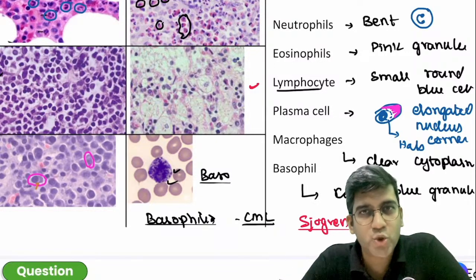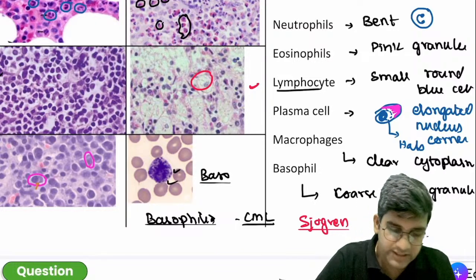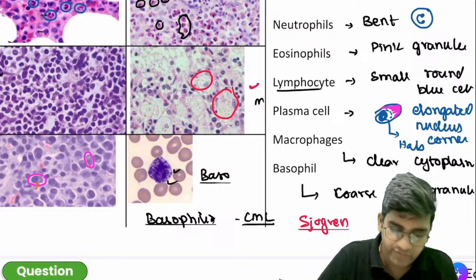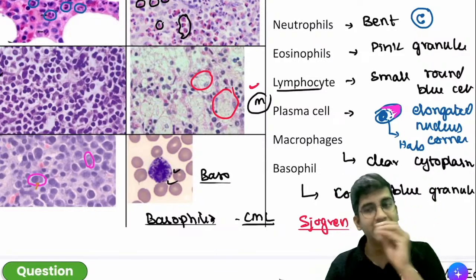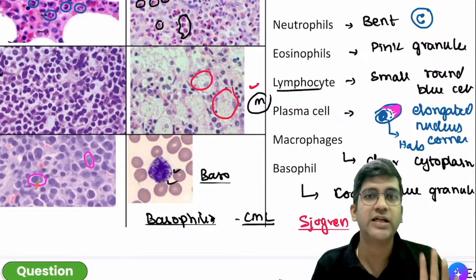Heart attack or stroke, blood vessel wall having a chronic inflammation full of macrophage. Can I say atherosclerosis? You can pick up atherosclerosis, right? So atherosclerosis will have all these macrophage here, right? So this is my macrophage, clear cytoplasm. So it's easy to mix and match whenever a clinical scenario comes.